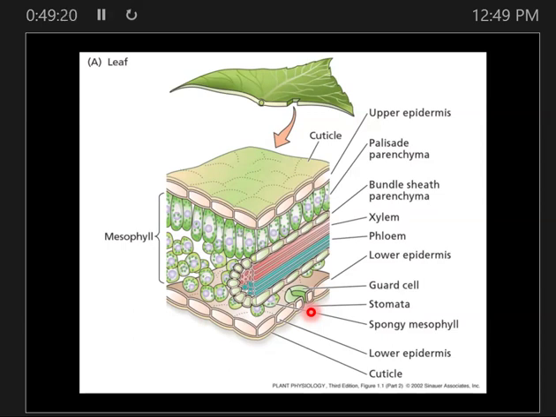And so now you can appreciate how much plants have to be aware of their surroundings. I gotta figure out how much water I have. Is it safe for me to open my stomata? I want to do photosynthesis. I need that CO2 coming in. I have to open my stomata. Oh, but I'm not feeling much water around me. Uh-oh. So you can imagine there's going to be cases like that, often on a daily basis, depending on where the plant lives, where they're in a conundrum of, what do I do? And so we'll talk about that in a little bit more detail as we start getting into water movement,